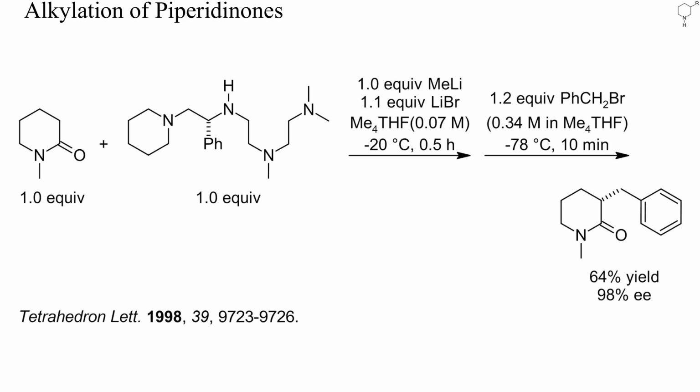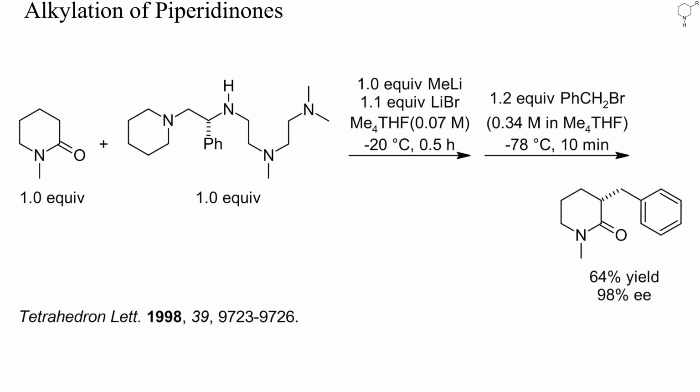2-Piperidinones can also be suitable starting materials for substituted piperidines. Here an enolate was generated in the presence of one equivalent of a chiral chelating amine, and benzylation by benzyl bromide proceeded with high enantioselectivity. The starting piperidinone can be prepared by oxidation of 1-methylpyridinium chloride, as shown in the first video of this playlist,